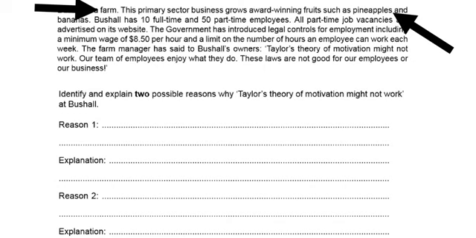So when looking at the case study, the first bits of information that I can see which relate to the question is, first of all, Bushel is a farm, and they grow fruits such as pineapples and bananas. Now, when looking at Taylor